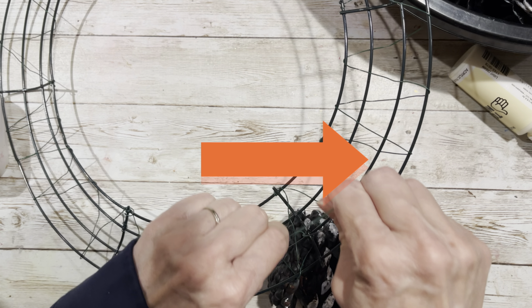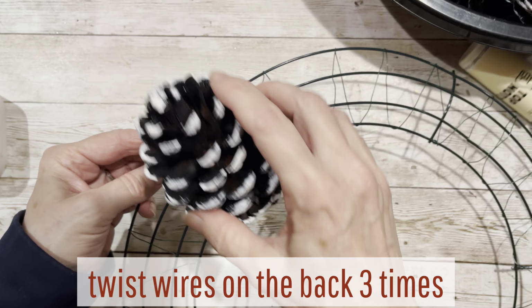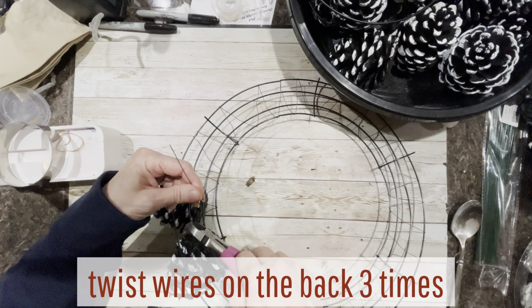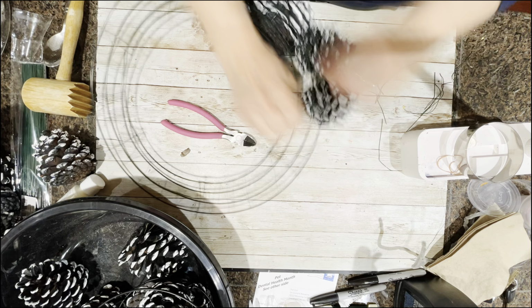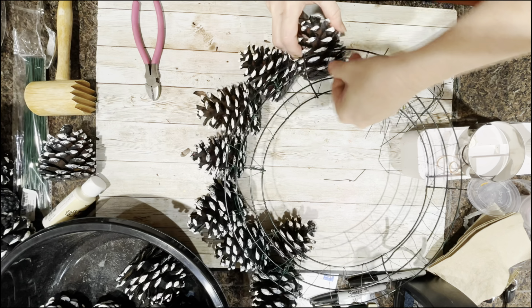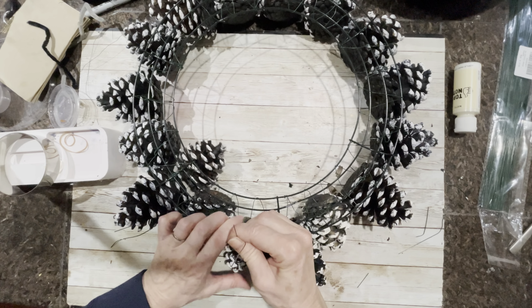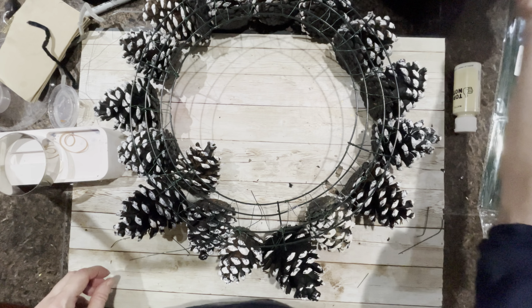I am twisting the wire on the back side tightly 3 times so I can lock the pine cone in place. Here's a quick look at adding the large pine cones on that 3rd rim all the way around. If I have larger pine cones, I look to space them out evenly so that it looks visually balanced throughout. Periodically, I'm using wire cutters to cut off the excess wire on the back side to free up space for